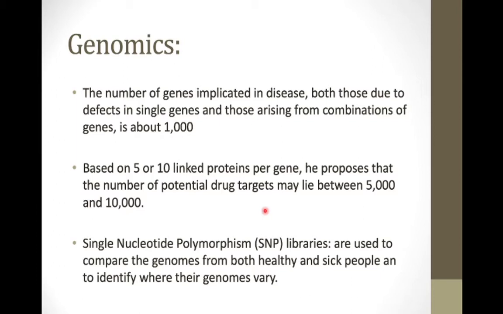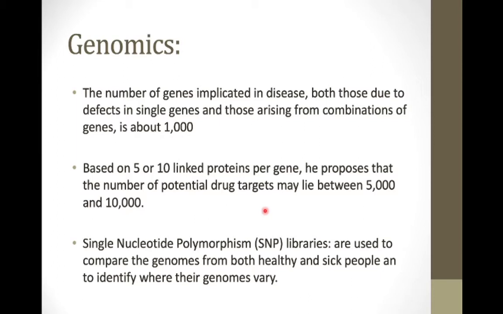The number of genes implicated in disease is estimated, from a publication by Drews, to be around 1,000 genes which may have defects or misregulation. This is based on 5 or 10 linked proteins per gene. What Drews proposed was that the number of potential drug targets may lie between 5,000 and 10,000. Things like single nucleotide polymorphisms, known as SNPs,